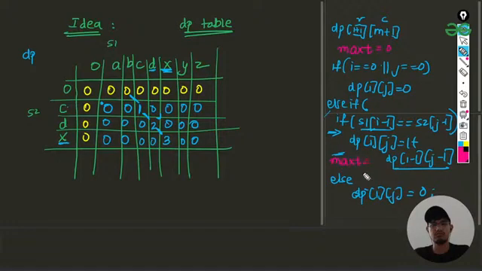Okay, basically max t will be something like max of max t, dp of i comma j. So this is the condition that we are going to be giving you. Okay, so I guess that is all about the code which we are going to be implementing. Now let us erase this and try to implement this part. Let us see how we can implement that.